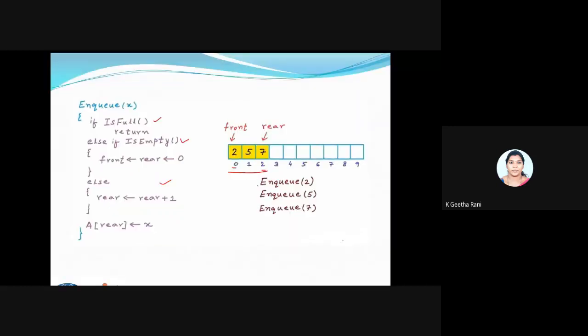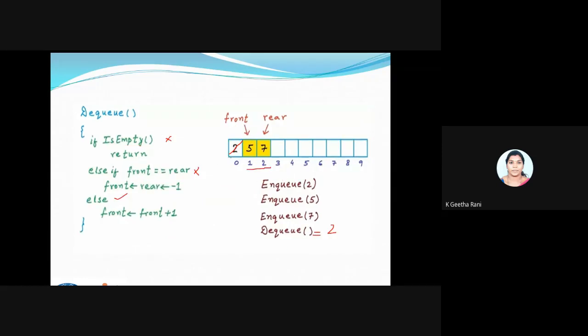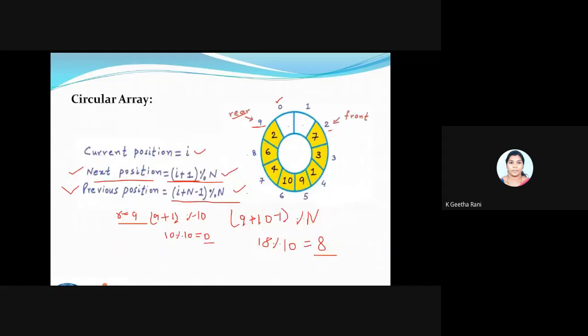As I'm doing operations, I'm doing so many NQs, but when I perform DQs it becomes an empty queue. So once we delete, we cannot add an element again at that end. At that particular index, I can't add again, at index 0. I can add 3, 4, 5, but I can't add at that index. That is why I'm using this circular array. You can see now I can add in 0 also. Fine, got it.